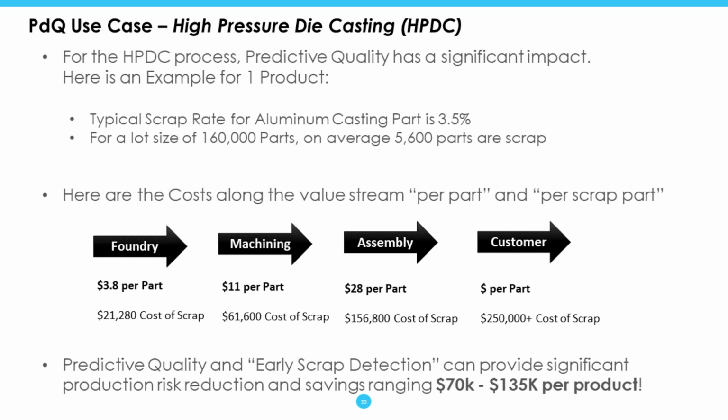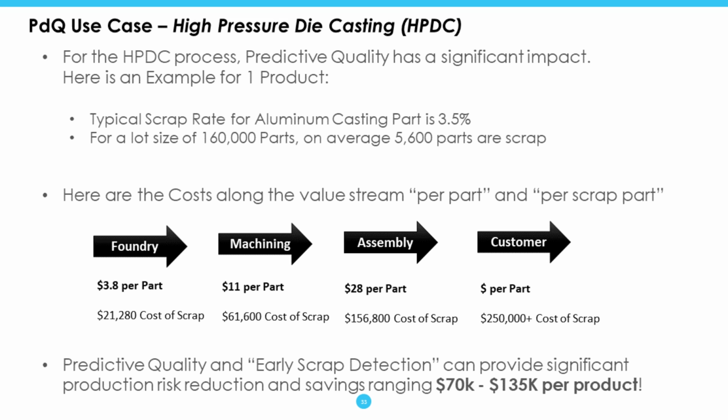And the earlier you can detect the potential issue for scrap, that's where the big business savings is. So for example, the cost of a part is maybe around $4 at the foundry. And as you add additional steps to it, for example, machining, the cost of the part goes up to $11. And as you include assembly, it goes up to $28. And eventually, the cost increases more and more until it is the finalized part that is provided to the